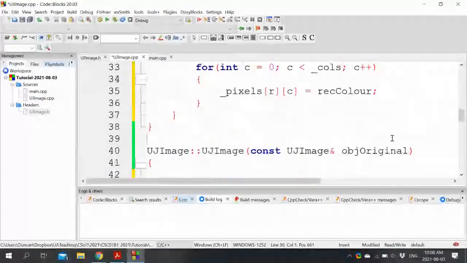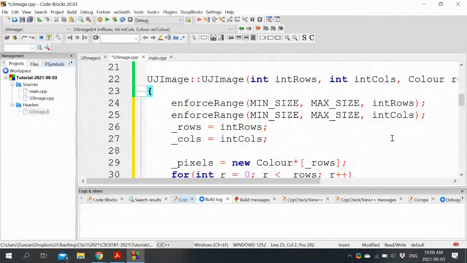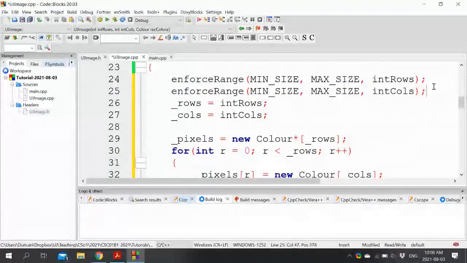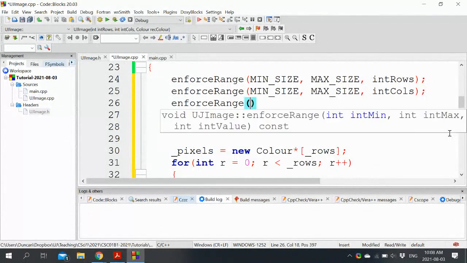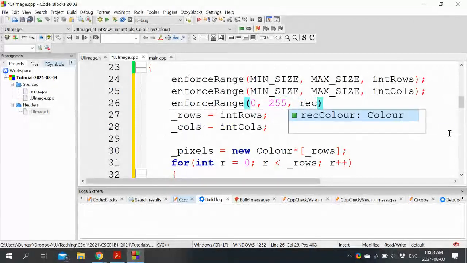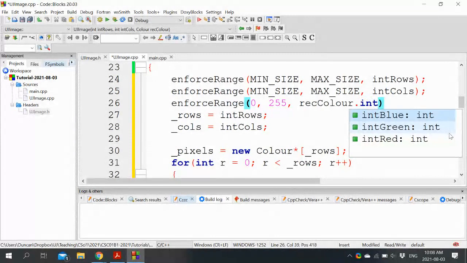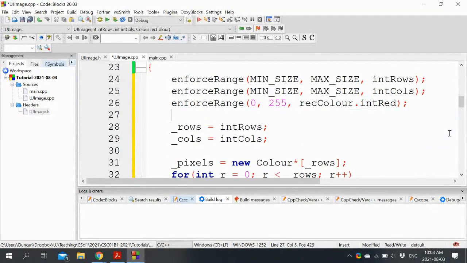I think that's everything we needed set up for us. So that's good. I suppose we should also do a safety check on the color, because the red, green, and blue values could be out of range. So between 0 and 255, let's check rec color red, green, and blue.